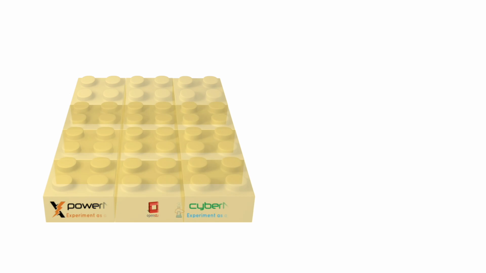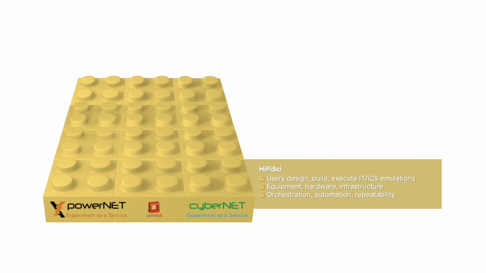The Cyber Physical Research Lab, or CPRL, provides lab space and equipment for simulating and emulating operational technology environments. PowerNet provides capabilities for building hands-on environments in which users set up and conduct operational technology experiments. And CyberNet is similar to PowerNet in that it gives users hands-on testing capabilities, but it is focused on IT